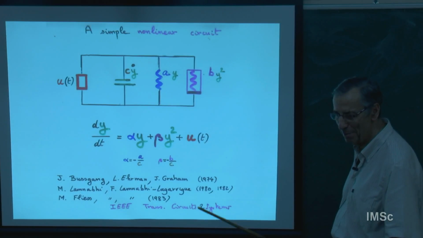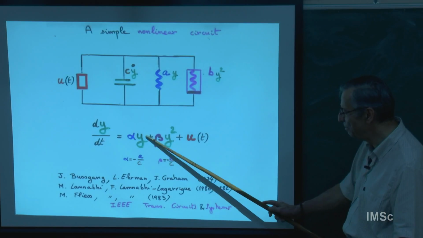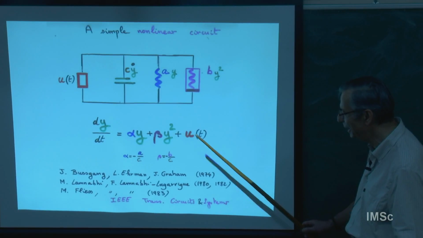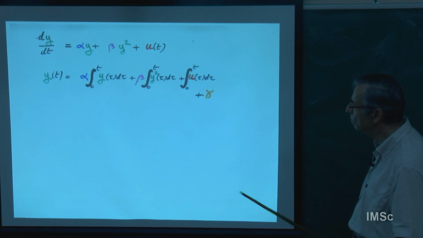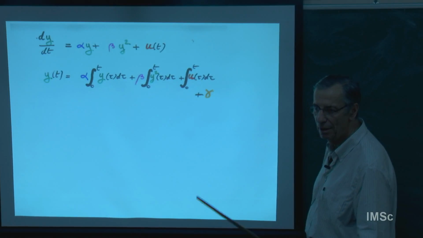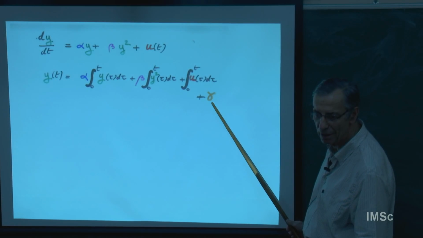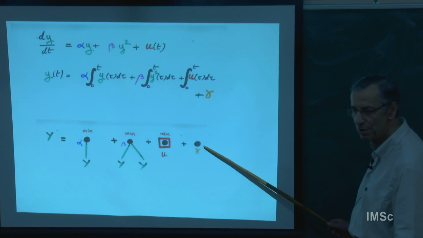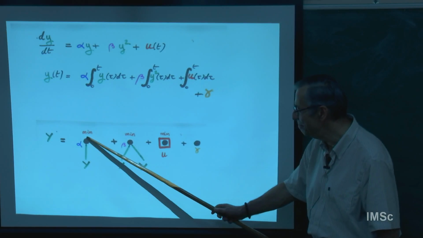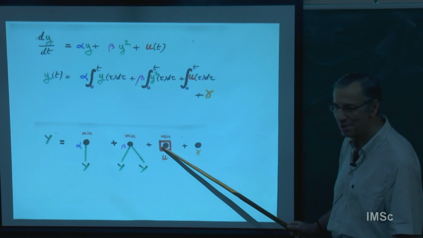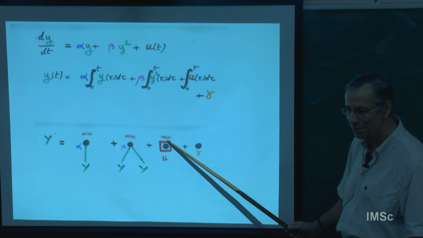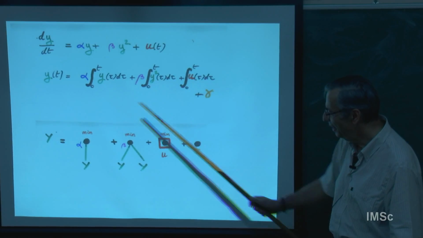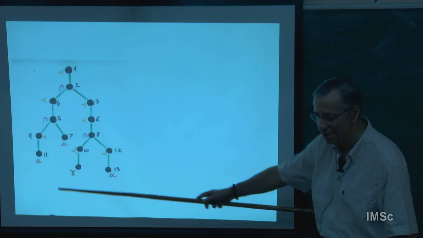But now I claim that in my solution of tangent t, maybe it will be a tree with 1 node or 2 nodes, because I have y and y squared, it will be binary trees or single nodes. But I claim for the solution, I have the u, so I put it in integral form, like before. So now I have an integration constant, the initial condition. And now I apply the same philosophy as before. The species y is here, plus now the extra, this is a function, the new species in red, plus the integration constant. I make this recursively, and I get a tree like this.